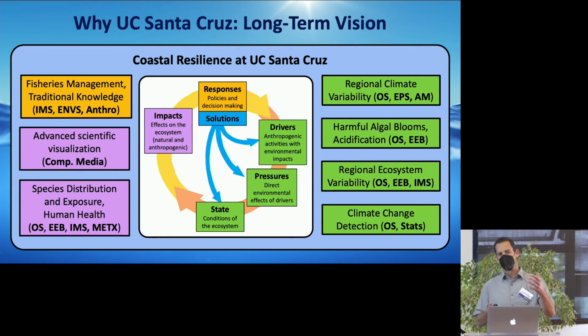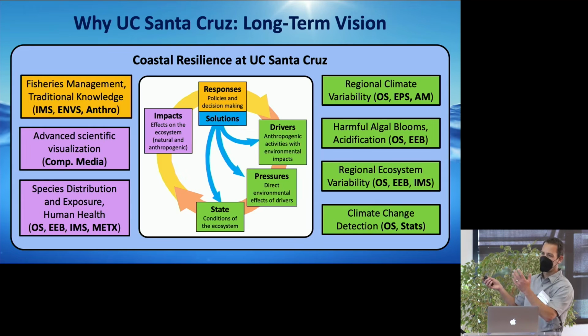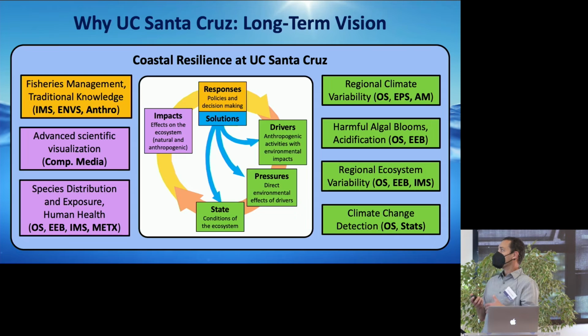But to give you a little bit of a long-term vision that integrates into the Coastal Resilience Initiative here at UC Santa Cruz, what we're dealing with here is a framework where we have driver pressures that affect the state of the ocean and the ecosystem, which then has consequences and impacts, and we need to find responses to those impacts. And there's actually a lot of knowledge and expertise already available here at UCSC, and don't worry about all those acronyms. Those represent different departments at the university, ocean sciences, but the point is that in terms of the green activities, the drivers, pressures, we already have a lot of